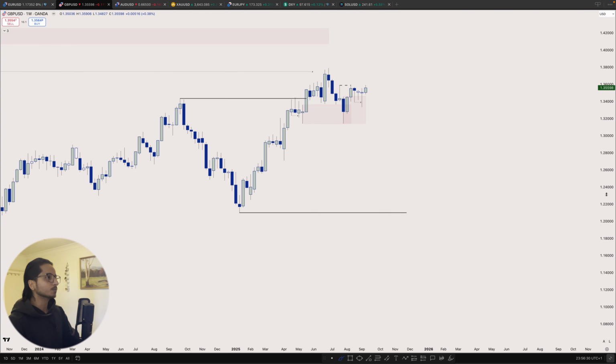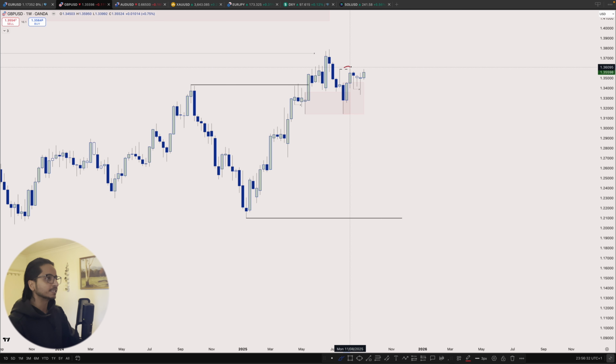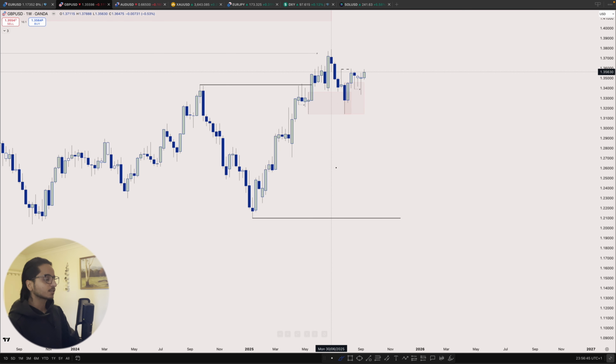So if we zoom in a little bit, we haven't taken this week high yet, so I'm fully expecting in the coming weeks to run this, at least to run these week highs, because we have even generated those liquidities above, right? So eventually I'm expecting this to go, but just for this coming week, I'm fully expecting this high to get taken out, okay? Nothing else.